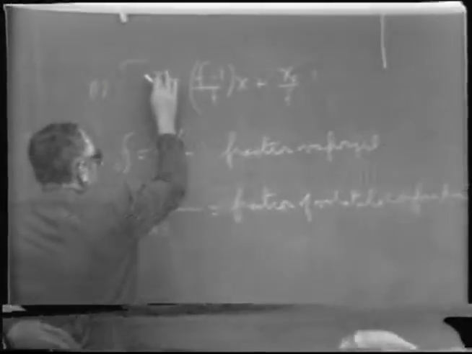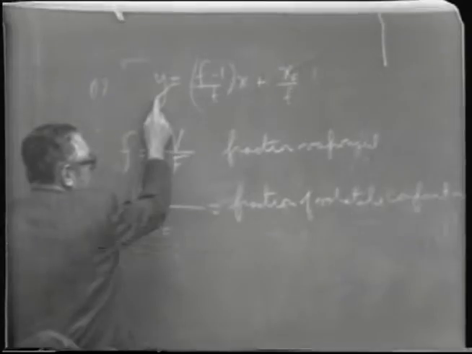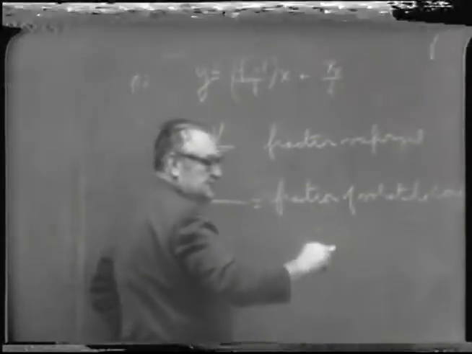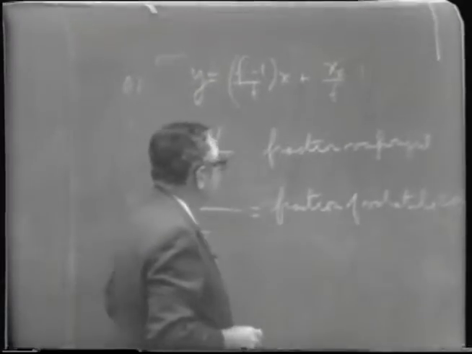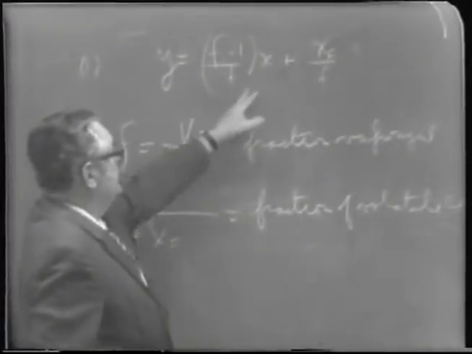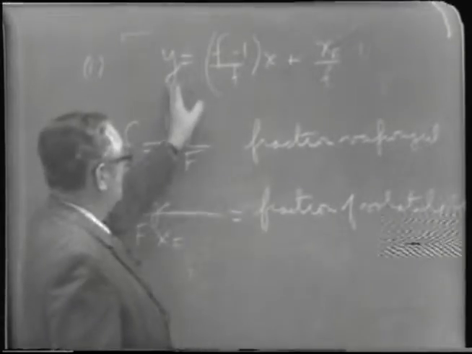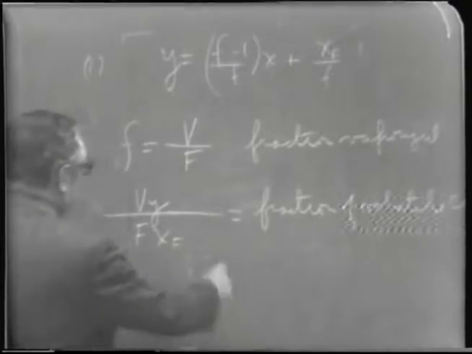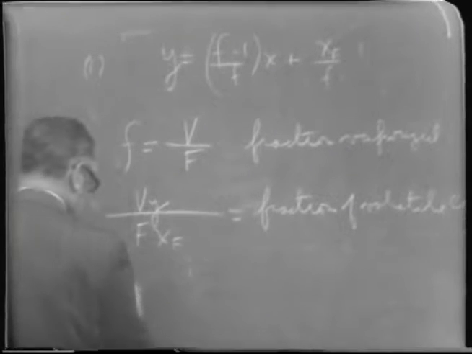So we have an equation here which relates the concentration of the volatile component in the vapor to the concentration of the volatile component in the residual liquid, the equilibrium liquid. And so this is simply an equation of a straight line, isn't it? y is equal to mx plus b. So equation 1 is an equation of a straight line